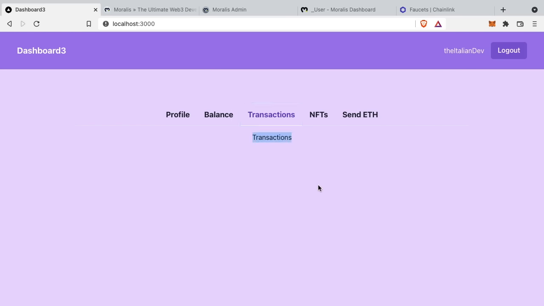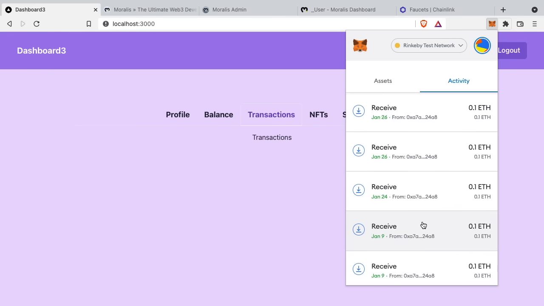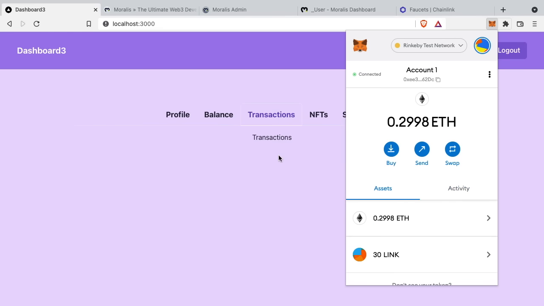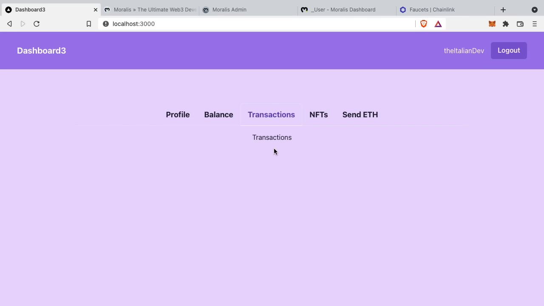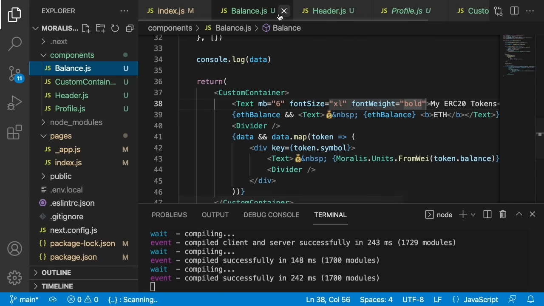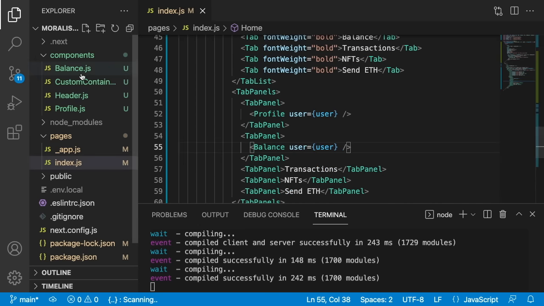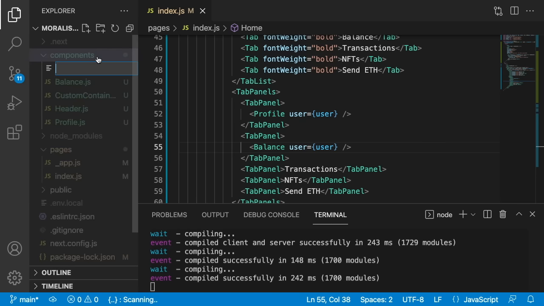So here we will show all the transactions that are related to this address that we can see here from Metamask and also from the Rinkeby Etherscan. But since we have this really easy to use Web3 API provided by the Moralis SDK, we can do it by using Moralis. So let's go back in Visual Studio Code, and as we did before, we can close the balance, the profile, the custom container and the header because we don't need them. And under the components folder, we can create a new component,